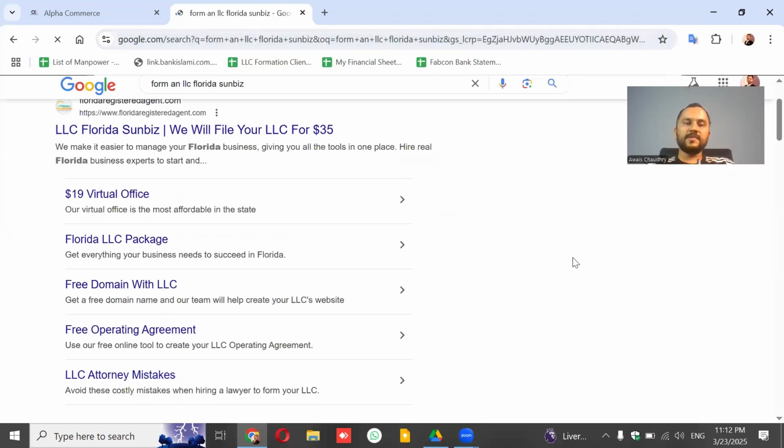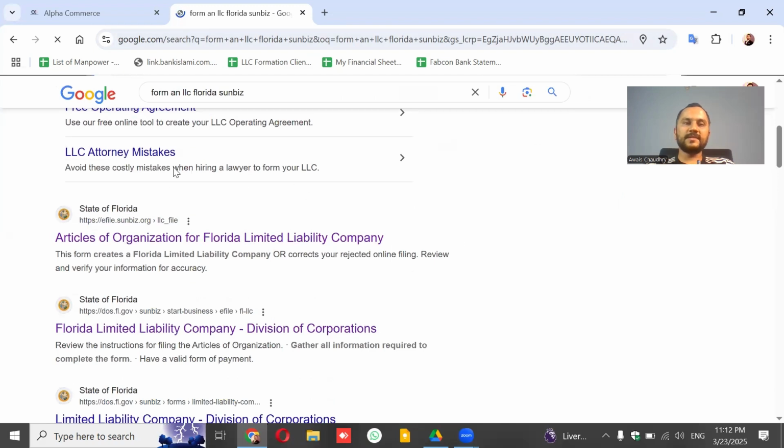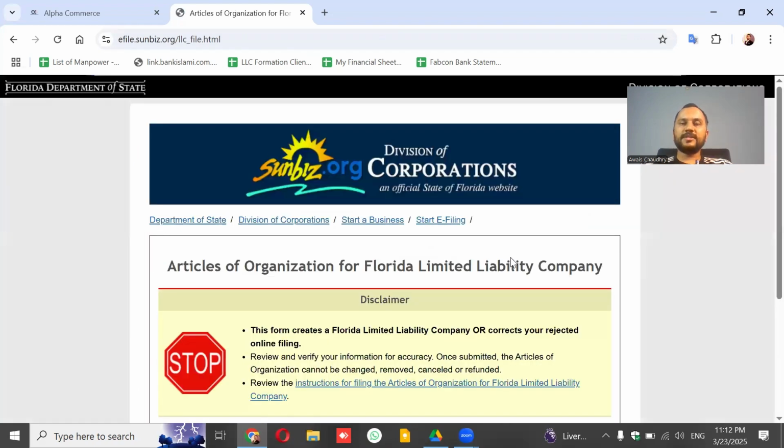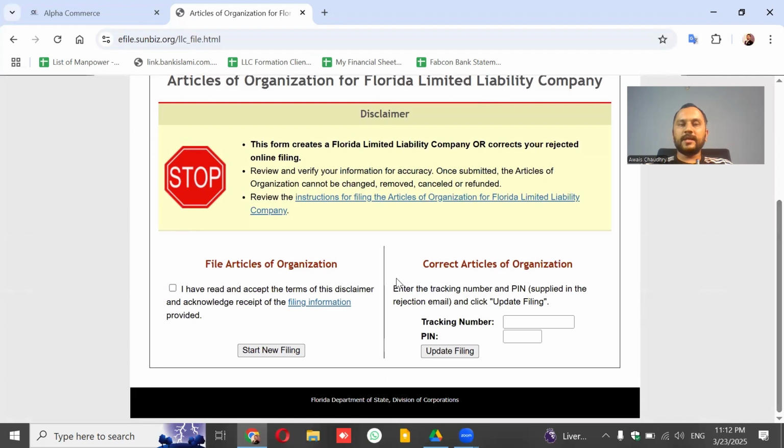After skipping the sponsored result, I am going for this article of organization for Florida Limited Liability Company. I am again repeating that I am going for direct filing of LLC with the state. So here it is, and I have read and accept the terms of this disclaimer. Click on file articles of organization.